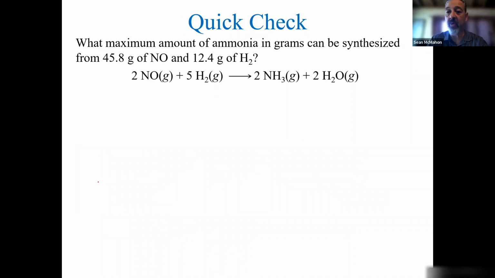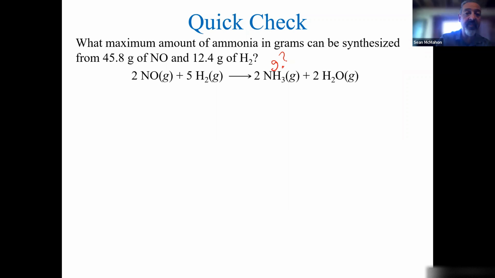Does it always have to be mole to mole? No, it might be, like we were doing the other calculations with stoich, gram all the way to gram. So what is the maximum amount of ammonia in grams? So I want to know how many grams of ammonia from 45.8 grams of nitrogen oxide and 12.4 grams of